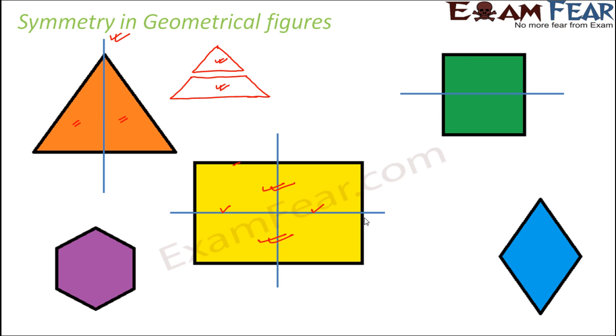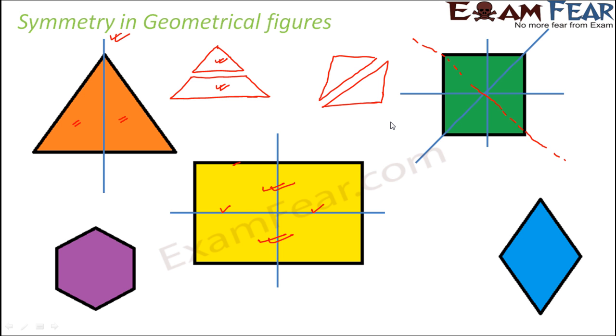In the case of a square also, we can have this horizontal line of symmetry. We can also have a vertical line of symmetry. But here we also have one additional line of symmetry, and that is along the diagonal. If you see along the diagonal, again it gets divided into two halves like this. One half is like this, the other half is like this. And again, these two halves are identical and they are mirror images of each other. So even if you draw a diagonal like this, that should also be a line of symmetry. So when you look at a square, you have a total of 4 lines of symmetry, right?